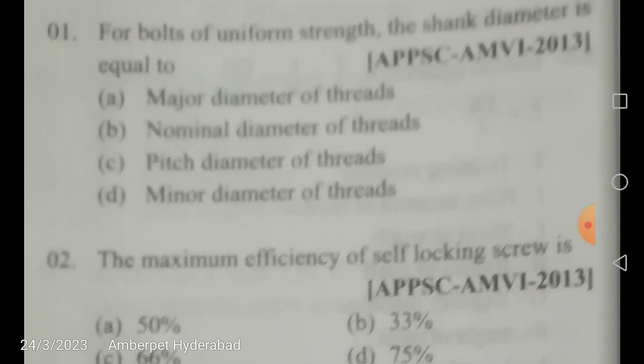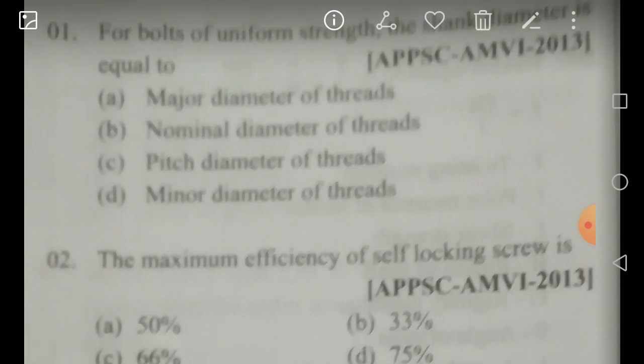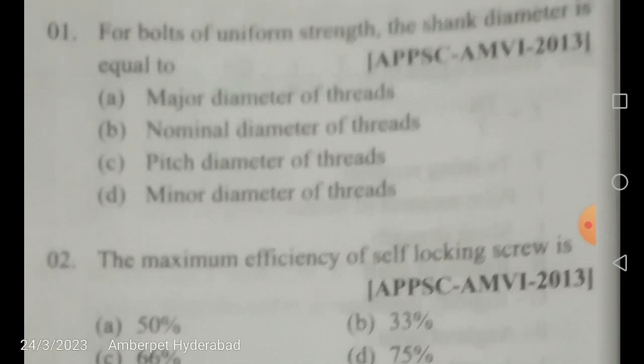For bolts of uniform strength, the shank diameter is equal to, shank diameter is the solid portion diameter of a bolt, right? So shall it be major diameter of threads, or nominal diameter of threads, or pitch diameter of threads, or minor diameter of threads? Minor diameter of threads is also called core diameter DC, and major diameter of the threads is also called nominal diameter, and it is denoted by DO, and minor diameter is denoted by DC, and pitch diameter is denoted by